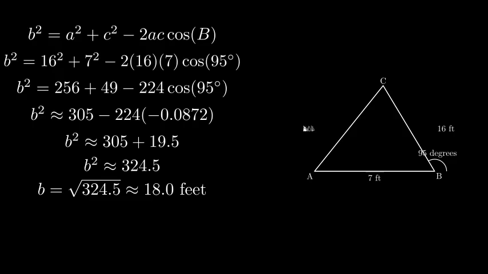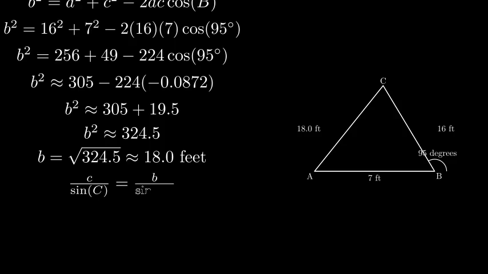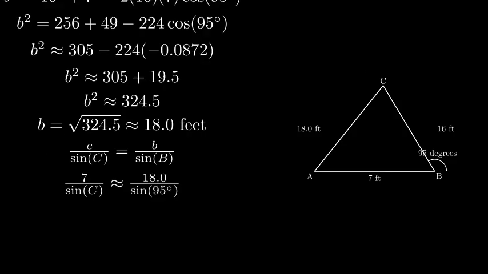Taking the square root of both sides, we find that the length of side B is approximately 18.0 feet. Now for step 2. We'll use the law of sines to find an angle. We choose to find angle C, because it is opposite the shorter of the two original sides, side C, which is 7 feet. The law of sines tells us that the ratio of a side to the sine of its